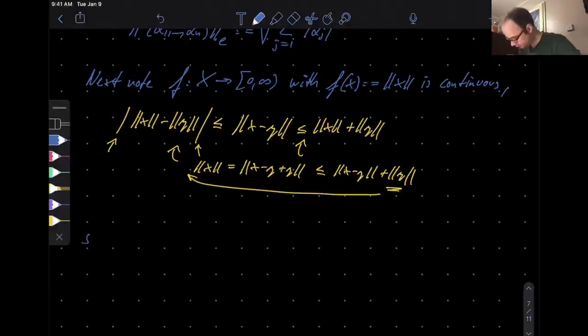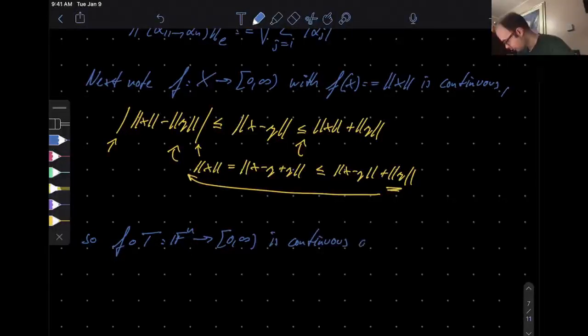So the composition f circle T, which is a map from Fn into the non-negative real numbers, because T maps Fn to the vector space X, and then f takes that to non-negative real numbers, is continuous well, everywhere on X. So in particular on the sphere,